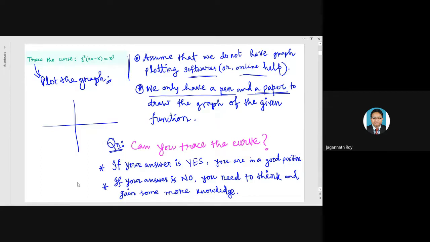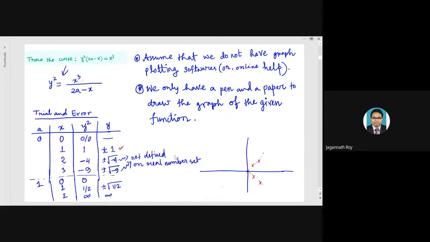If you can plot this graph, that means you are in a good position. But if you don't know how to plot this graph, then this is for you. You need to concentrate on the topic that we discussed today, and also what we have discussed so far for asymptotes and other topics. So, for example, if we start,